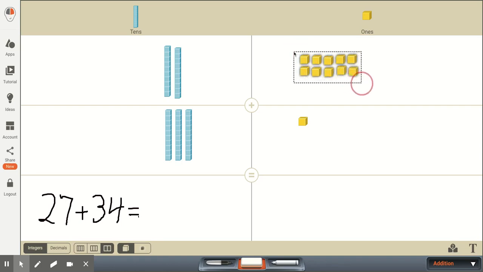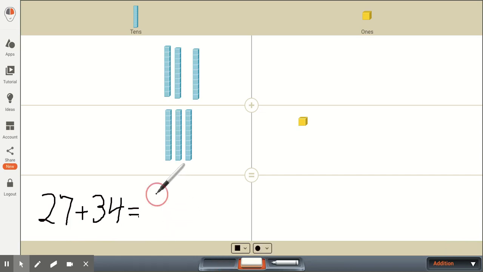And then what they could do is maybe circle these 10 ones, and then these 10 ones could then be crossed off. It creates a 10. They can create that 10 or that long line over in the tens place, and now they can count their tens and their ones and come up with their answer. They have 1, 2, 3, 4, 5, 6 tens or 60 plus the 1. So as far as the answer now, they know that 27 plus 34 will be equal to 61.